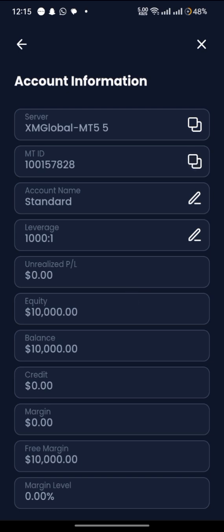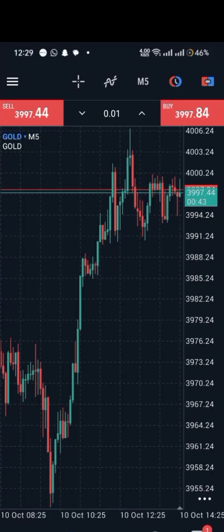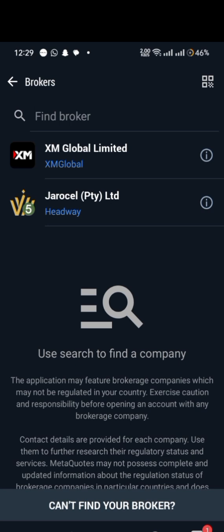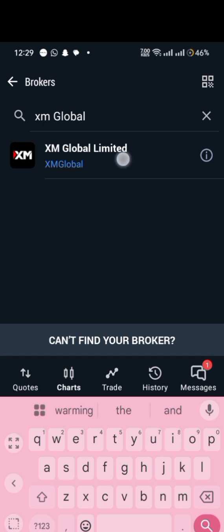Right, so once you have copied this detail, the next thing you have to do is to move over to your MetaTrader 5. Now, once on your MetaTrader 5, go ahead to click on the 3-line icon on the top left corner of your screen and proceed to click on Manage Account. Go ahead to click on the plus sign on the top right corner of your screen and proceed to search your preferred broker. Now, if your preferred broker is XM, all you have to do is to type in XM Global Limited and you're going to find it there. Now click on it,